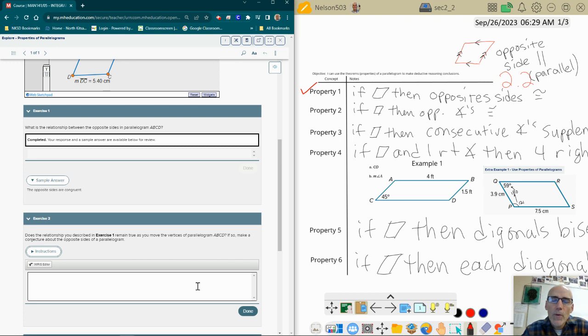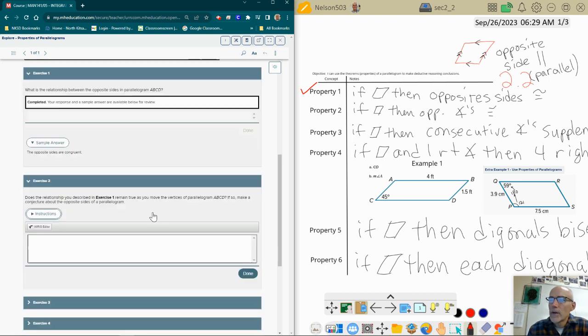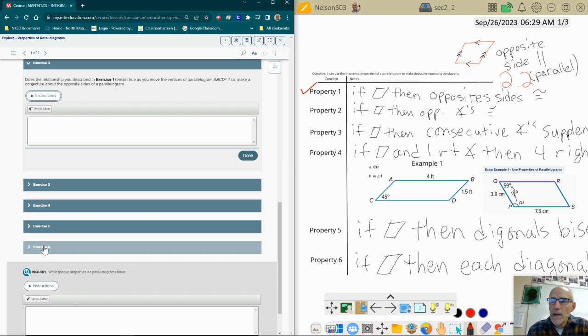You're going to follow each one of these exercises all the way down to exercise 6, fill in all that stuff over here, check marks, and then